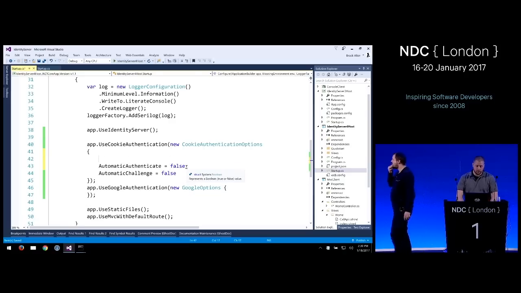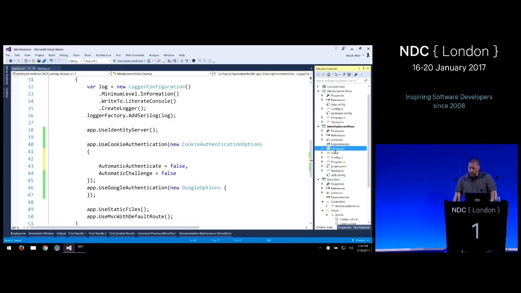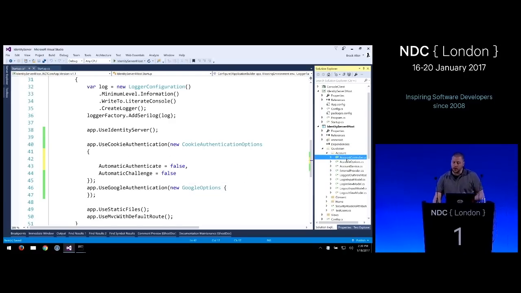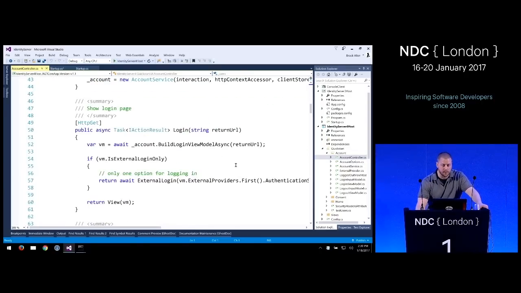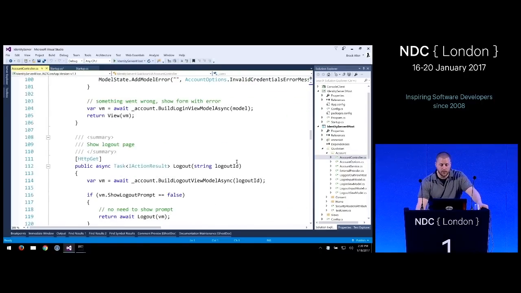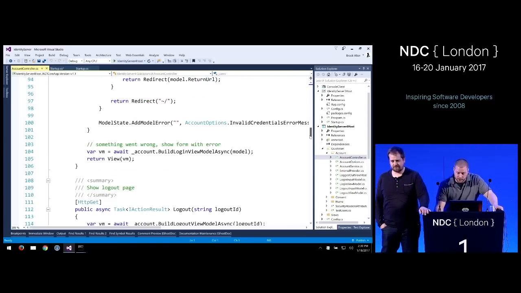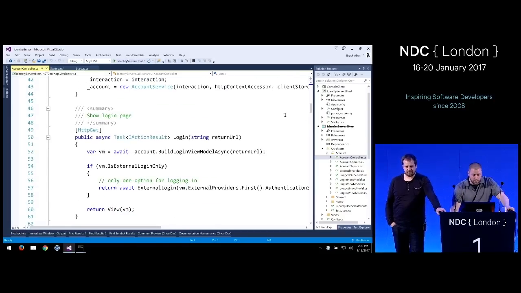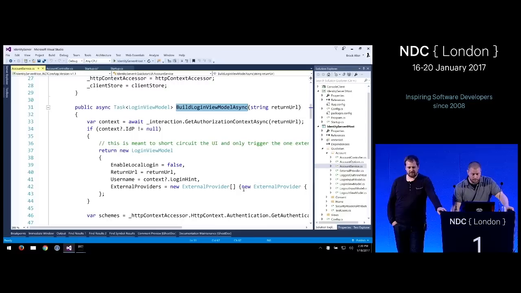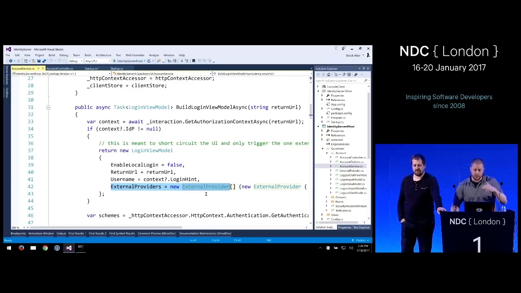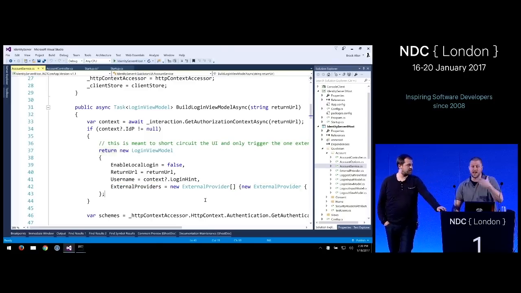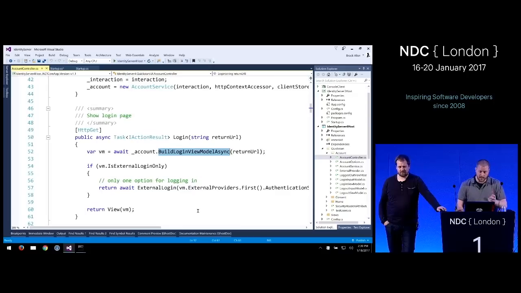So now we do have, again, in our quickstart, our account controller has a little bit of code to deal with triggering this external authentication. So when you come in, well, I guess I should scroll back up. Our little extension method here to build the view model to show the UI will actually go and query all of the external providers that are configured in your pipeline. In other words, this already knows how to detect Google or any other ones that you have.